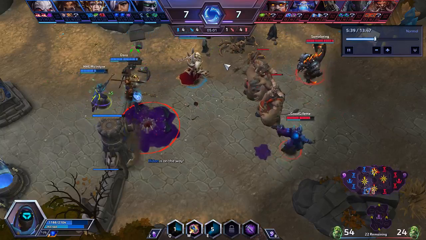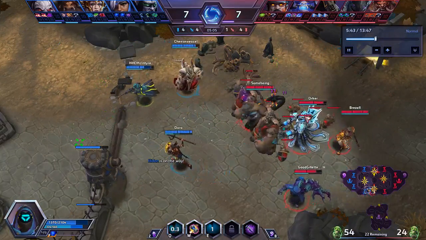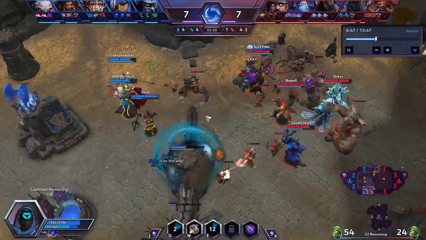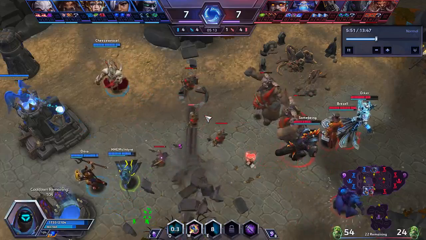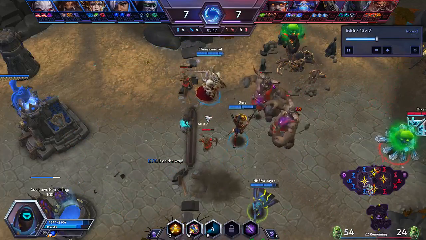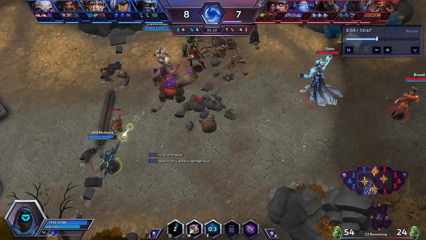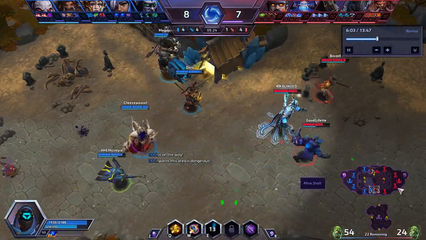Yeah, so here we're going to get a good example of how bad Anna's wave clear is. She is terrible at wave clear, like terrible. So usually, you would pair her with a wave clear hero such as a mage or a Vala, a Greymane, something like that. Li Ming's pretty good. Gul'dan's pretty good. And the reason for that is, again, she pretty much provides no...